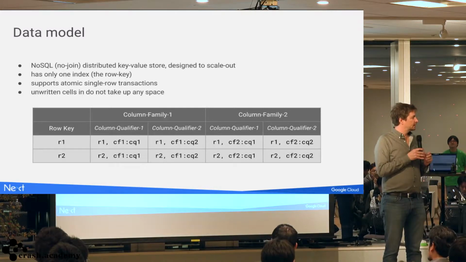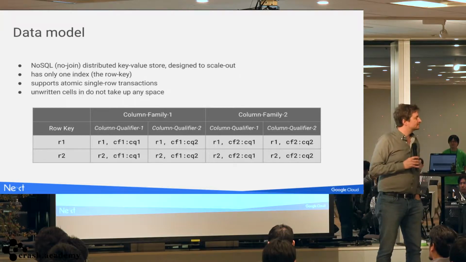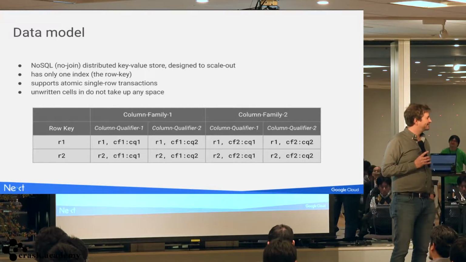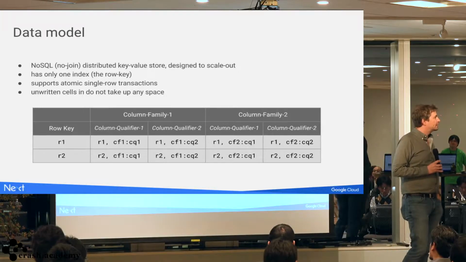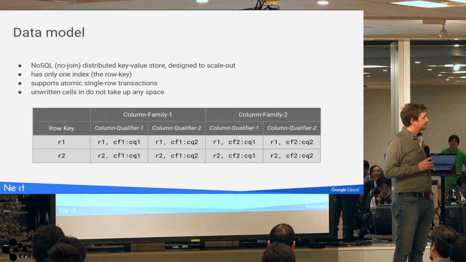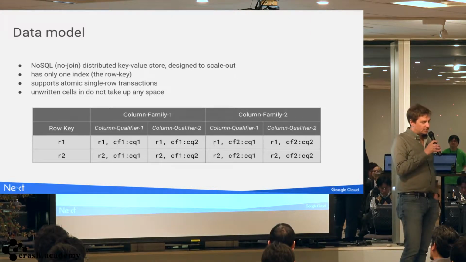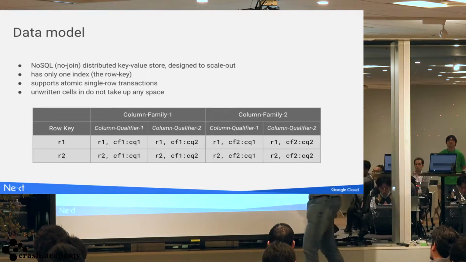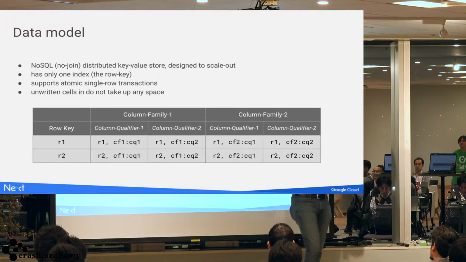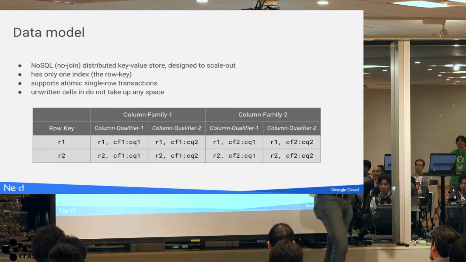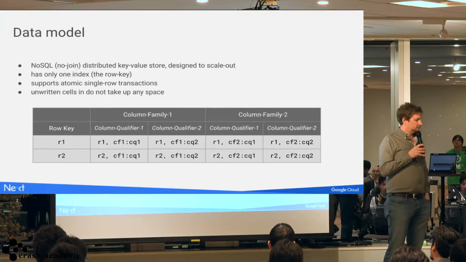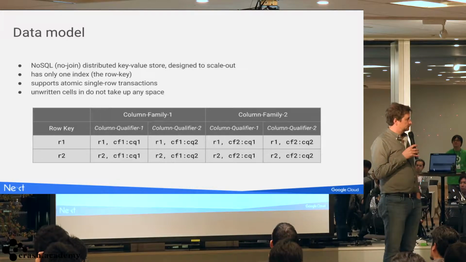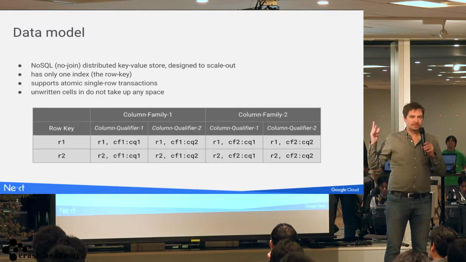And only the column families are defined in your schema. Only the column families. The schema only contains the column families. スキーマは、カラムファミリーを持っています。So the column qualifiers, which is essentially the individual column, is defined at write time. で、このカラムクオリファイアは、書くときに、定義をされます。